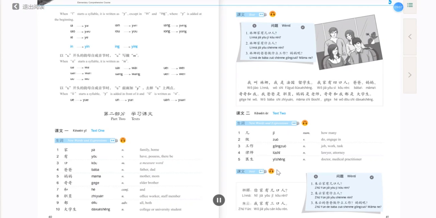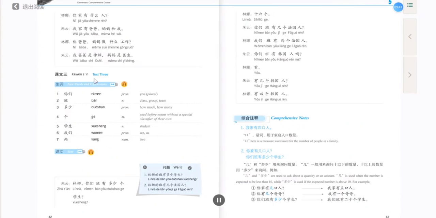课文 你家有几口人？我家有3口人。你家有什么人？我家有爸爸、妈妈和我。你爸爸妈妈做什么工作？我爸爸是律师，妈妈是医生。